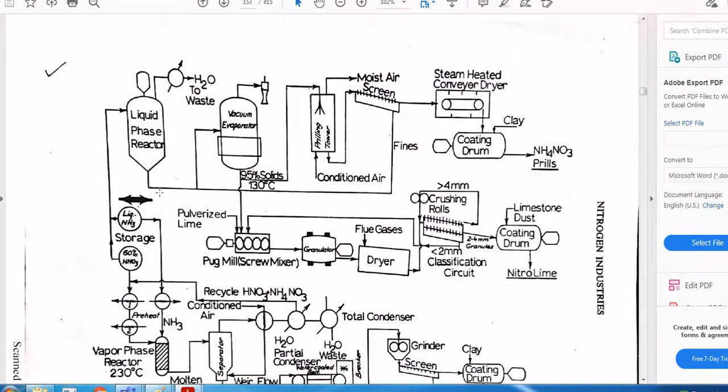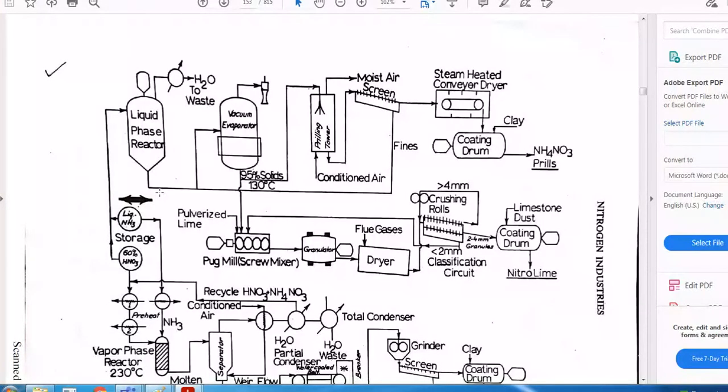Solvent here is water. Now what is the role of a solvent? A solvent is a material which can absorb two chemicals. First one is what? Nitric acid, it can absorb, and then it can also absorb ammonia. So hence in the liquid phase the reaction takes place. So let us consider this is our first concept to understand what is agitation, what is mixing, and what is the agitation vessel, or what is a reactor, or what is a process vessel. These many points are there for it.